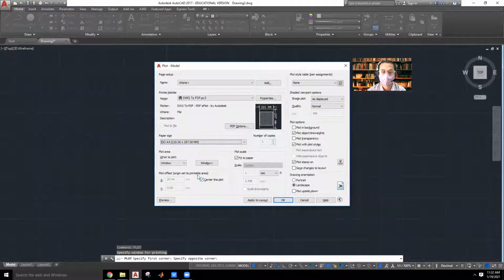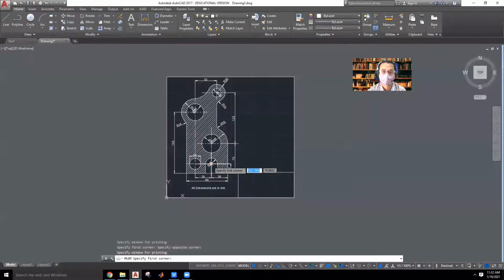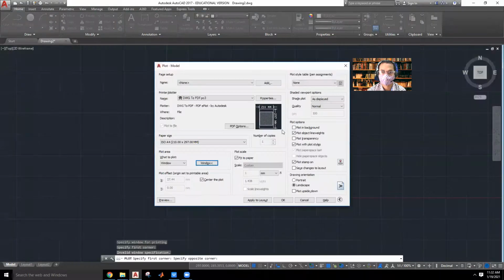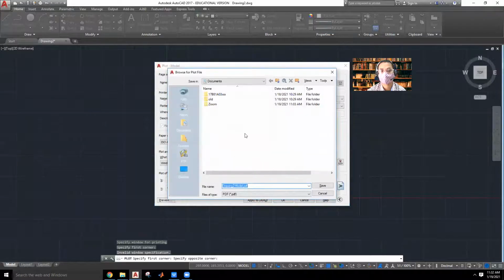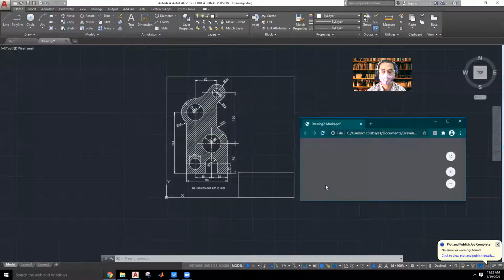Okay, so center to plot, window. Okay. Yeah, so this is the thing. Click on OK, so that it will automatically ask where to save. So drawing to model, so it will save.